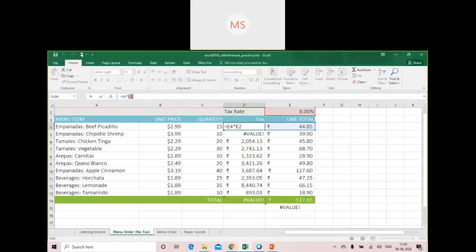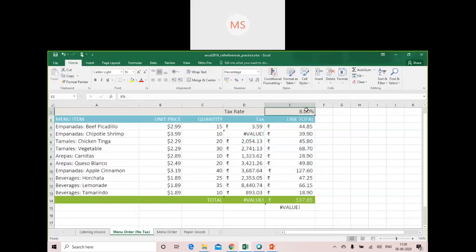When I copy it or move it from one place to another, it makes changes. So the moment I moved it to the next cell, what happened? It became E3. Then on the next cell, it became E4. Here it became E5. Here it became E6. In the same way, they have used these values rather than E2.